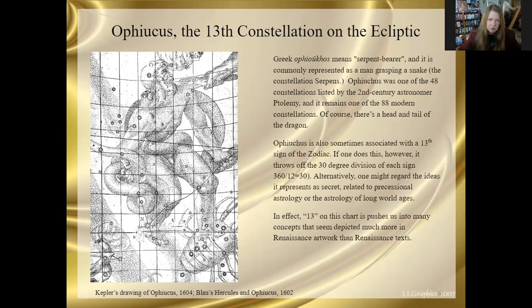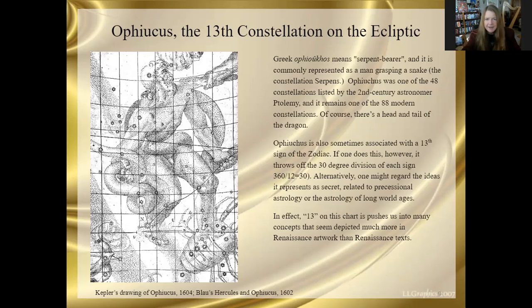Sometimes this Ophiuchus gets associated with a 13th sign of the zodiac. If so, it would have to be the zodiacal equivalent of intercalary days, because it messes up the other numbers of the zodiac. I mean, you're dividing 360 by 12, 30 degrees. 3, the ternary, is very important to him. So